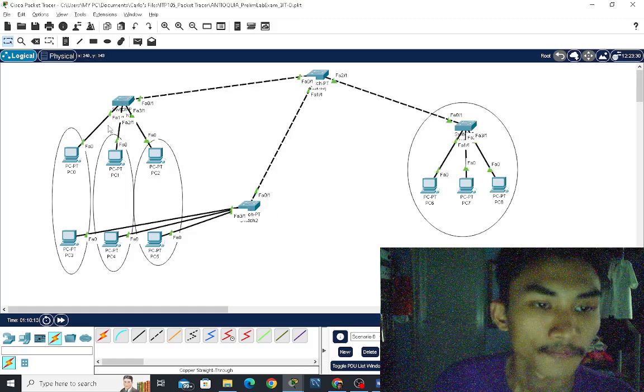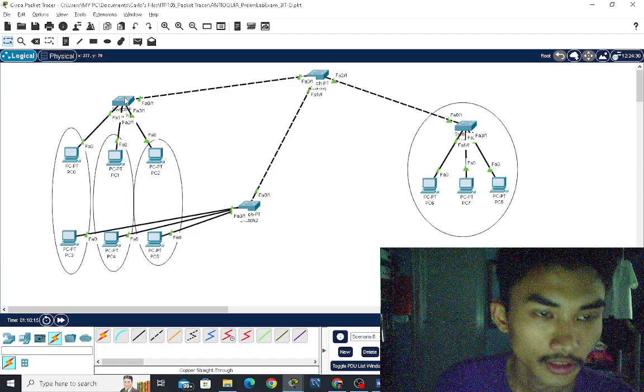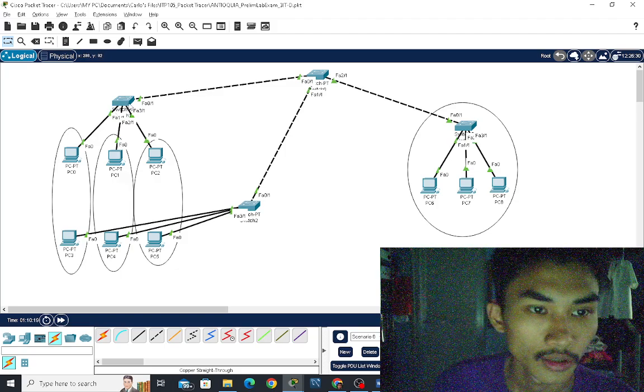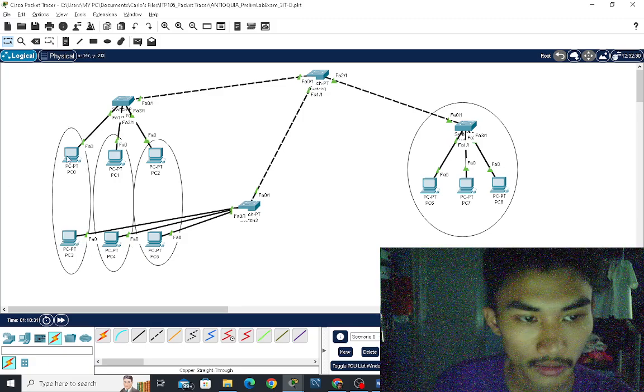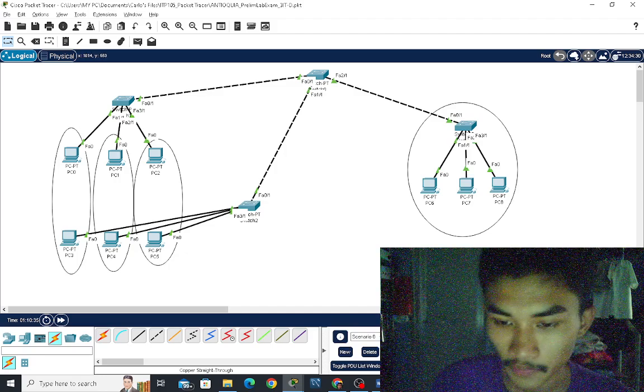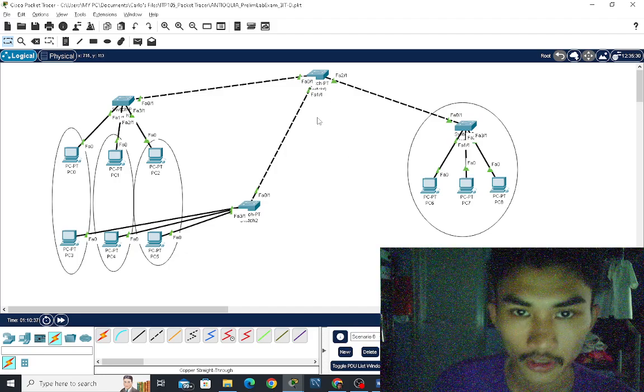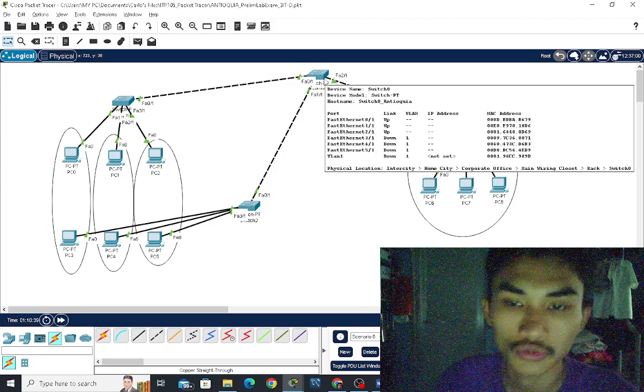So even if this PC has a different switch, like this part is switch 1, this PC is to switch 1, and this PC is to switch 2. So you will see PC0 and PC3 have a different switch, but their status is successful because of the